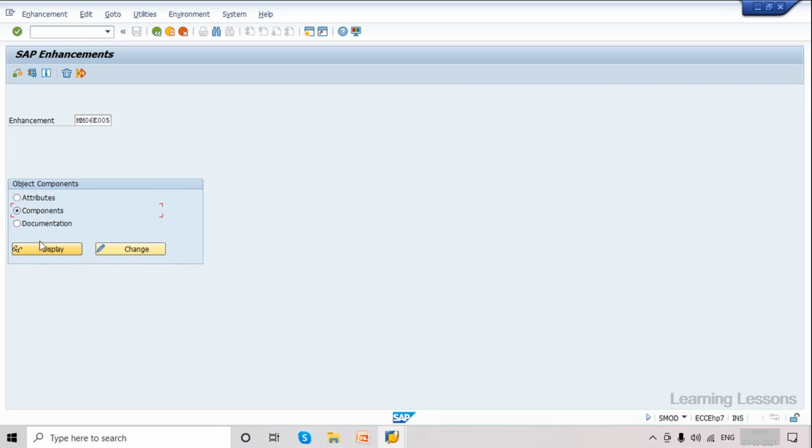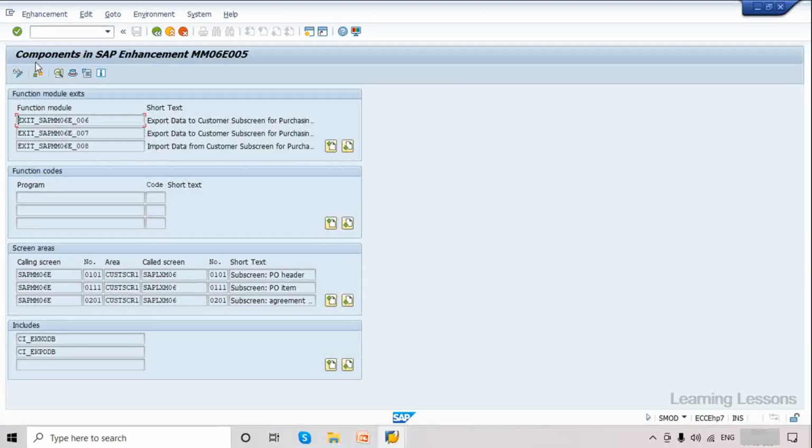So display, check the components. Are you able to see the components? Yes, sir. Export data to customer subscreen for purchasing document header. Okay. So this is exporting data to customer purchasing header. This is a document. There are three function modules they provided for the enhancement, and here function codes we don't have. If it is showing here, which enhancement it will be, which exit it is,